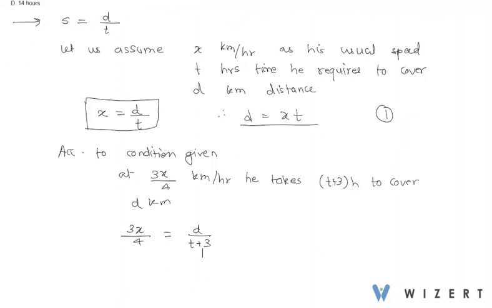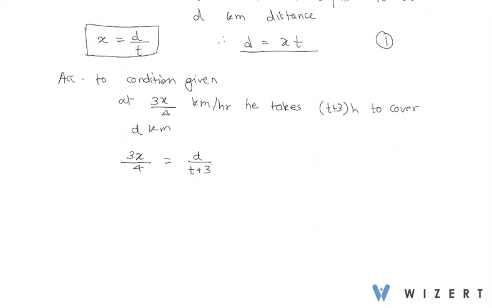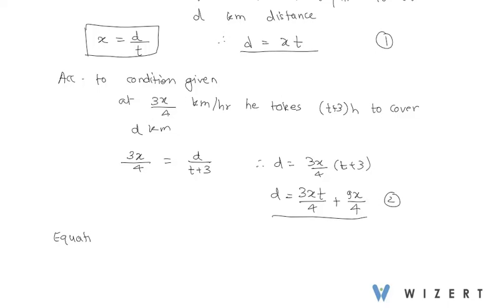Now let's find the value of d from this particular relation. We get d is equal to 3x by 4 multiplied by t plus 3. So we get d is equal to 3xt upon 4 plus 9x upon 4. Now let us equate d from both equation 1 and 2. Equating d from equation 1 and 2, what we get, xt is equal to 3xt by 4